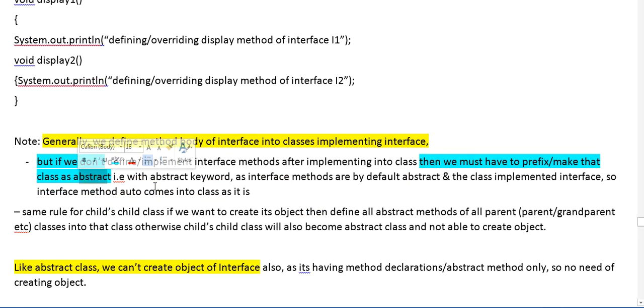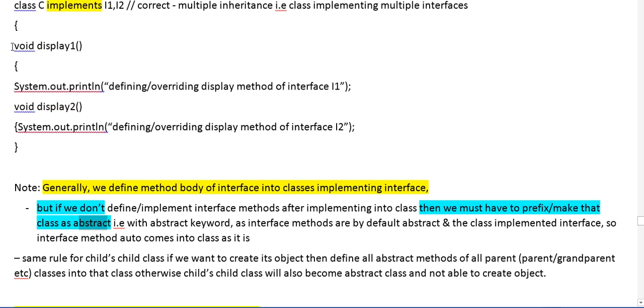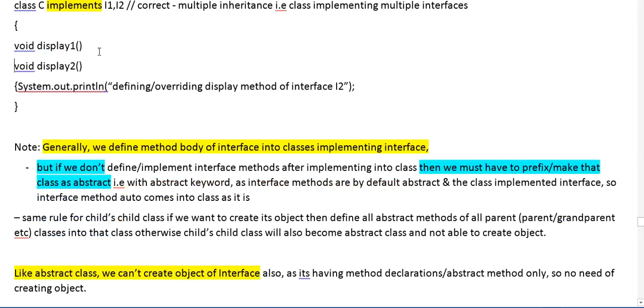Okay, so we will have to make this class an abstract class if, for example, we are not defining this method.